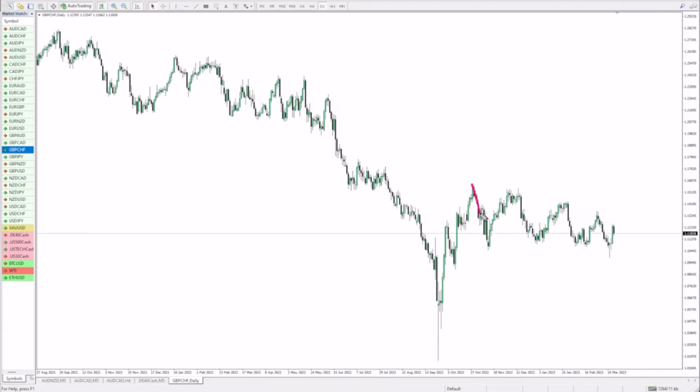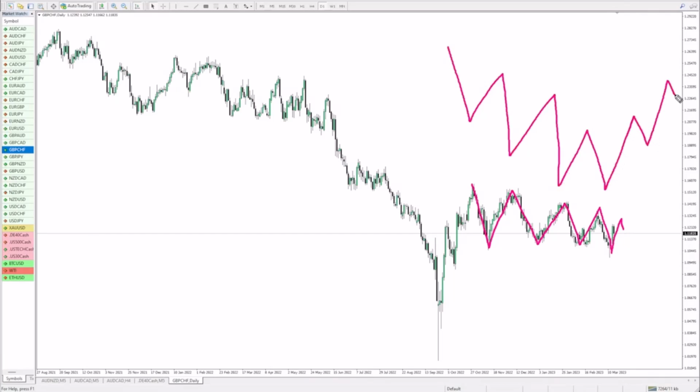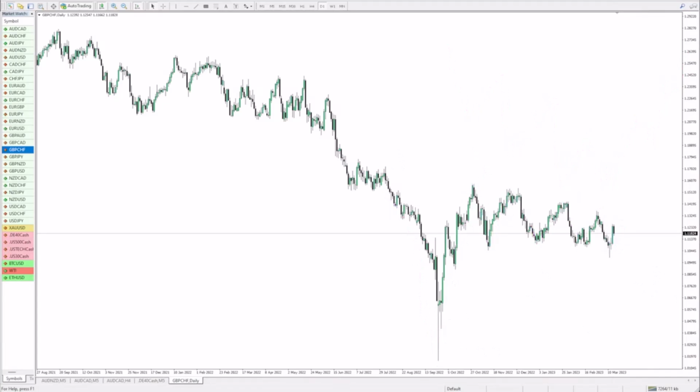But they basically move the market in one direction, then they take profit on that move, move it in another direction, then they take profit on that move, and move it again, take profit, move, take profit, move, take profit. And this is why we get market structure, because it's the bank's way of moving in an orderly fashion to make money. We get the odd craziness where we get something happening in the market that we're not expecting, like